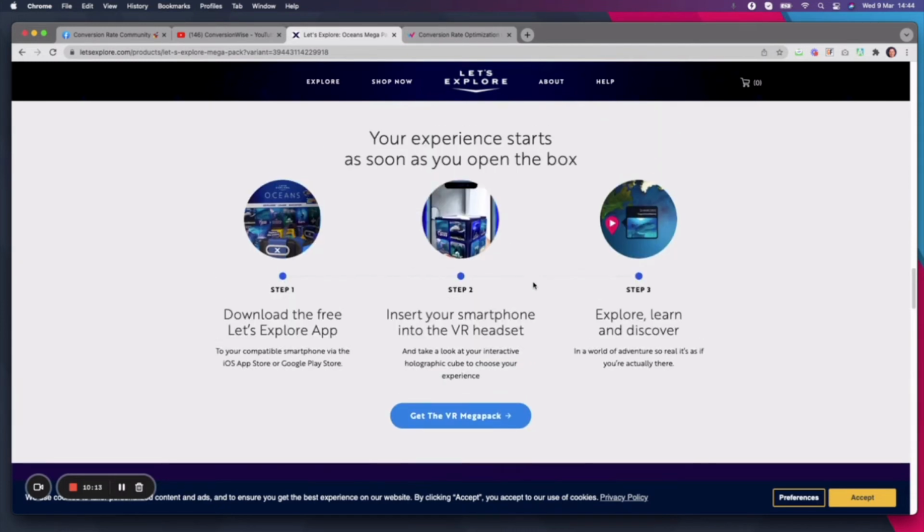And as we go through, we're going to follow that process and really kind of sell the consumer as we go. And here we have something called a process step. Process steps are great for piquing your consumer's interest. Essentially break it down into 3. Now here it's very specific. So it's telling them about downloading, insert, and explore and learn. So this is essentially how to use this product.